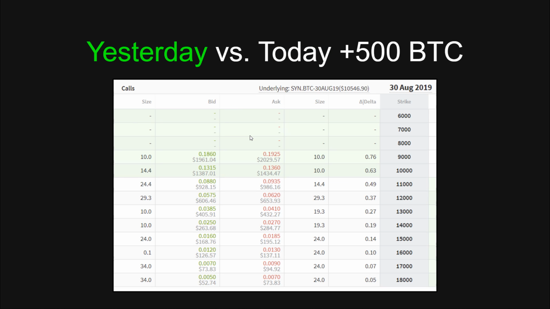The other thing I want to show you, though, is if we go yesterday versus today, if we look at an out-of-the-money option. Again, you're going to be tempted to say, oh, let's go for these out-of-the-money home run options. It's a lottery ticket. So we're going to buy this option for maybe somewhere in the midpoint. Let's just say it's $70. We're going to spend $70 on this option at the $18,000 strike, which in this case expires 30 August, about a month from when I'm recording this. If the price were to get up there, you would see that $70 basically be worth, say, $1,400.